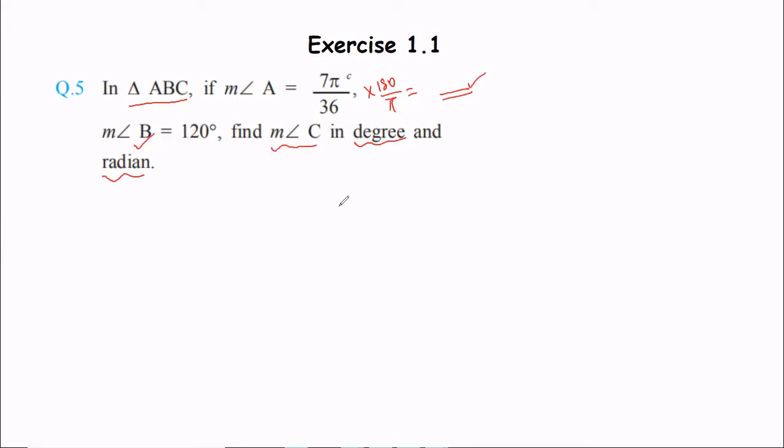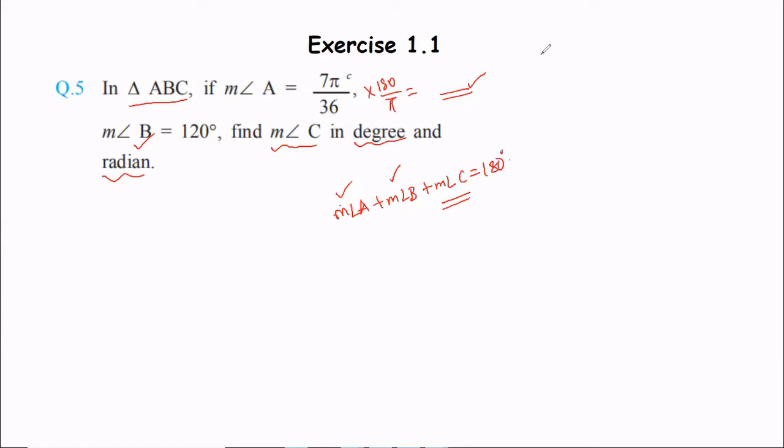As per the rule of triangles, measure angle A plus measure angle B plus measure angle C should be 180. Sum of all angles of a triangle is 180 degrees, right? Yes. So that is how we will find C, since we are having values of A and B in terms of degrees. The answer which we will get for C will be in terms of degrees, which we will convert further into radian. And that's how we will be solving this numerical.